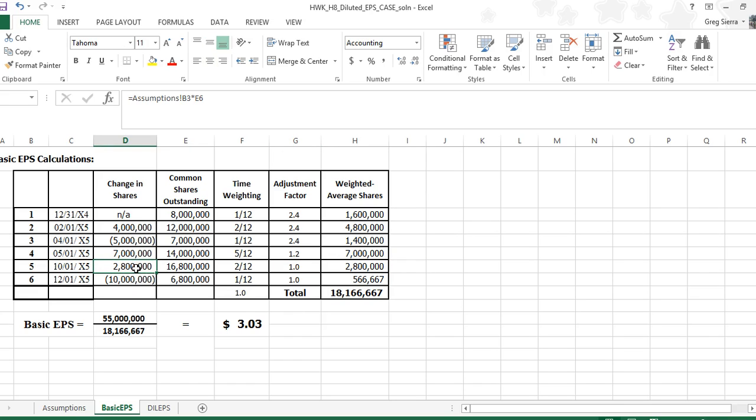Here's the stock split right here. 20% of 14 million is 2.8 million. The 2 for 1 or the stock dividend, 20% of 14 million is 2.8 million. The stock split is the 7 million. And maybe I should bold the ones that are built into the formula here in terms of the assumptions. Okay, so maybe even make them red, so those are the assumptions. And so the weighted average shares end up being